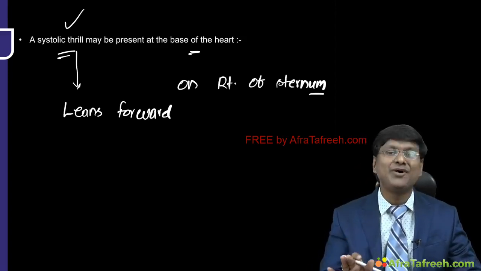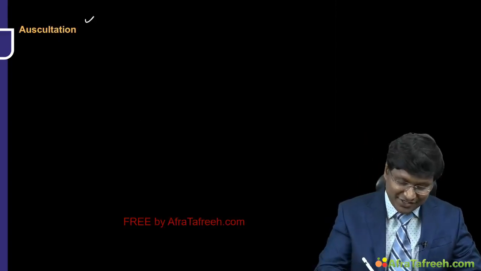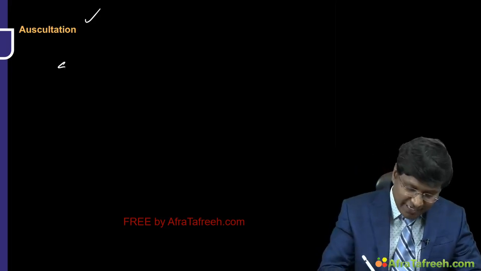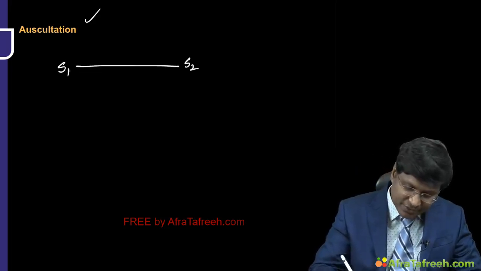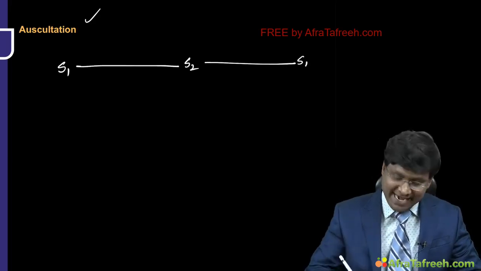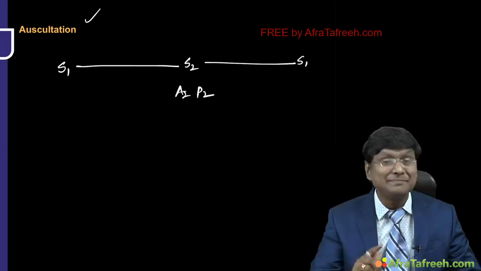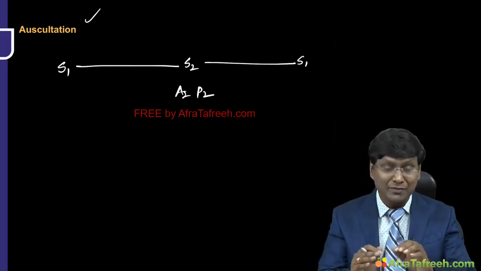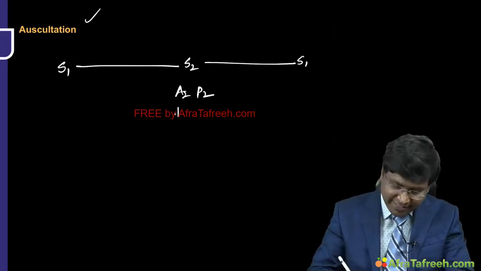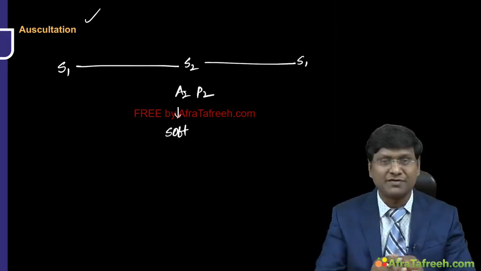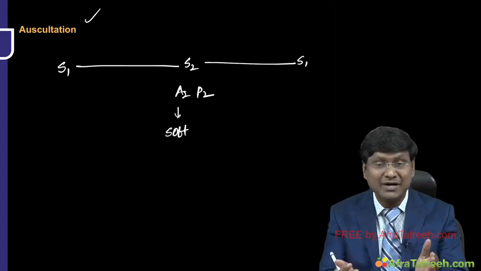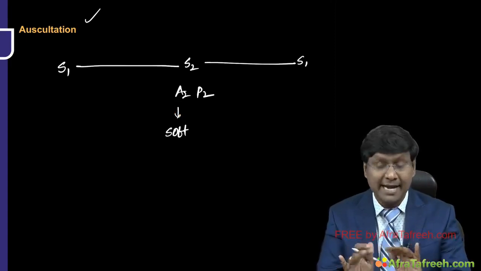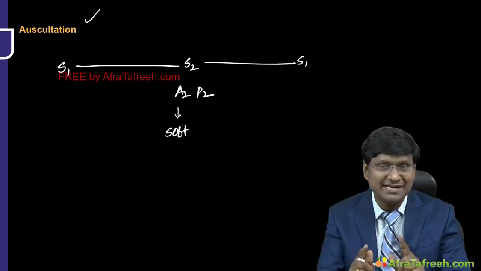Then a very important part of the examination is the auscultation. If you take this auscultation, you have the first heart sound, then the second heart sound, and then again the first heart sound. In the second heart sound, you have A2 and then P2. So what will happen to the intensity of the A2? It will be soft because it's a sclerosed aortic valve closing slowly. So you have a soft A2, and the mechanism of this soft A2 we have discussed in detail in the section on